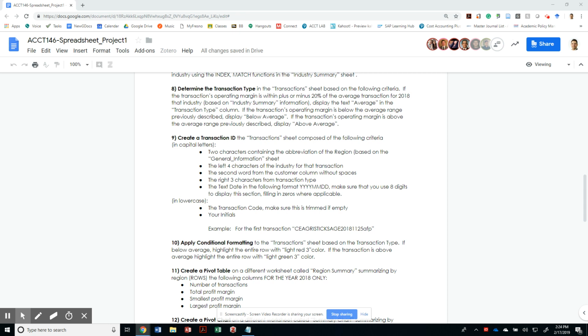All right, guys, so we are on requirement number 9, which is to create a transaction ID based on a bunch of criteria. The criteria is at least 5 elements with some conditions for those elements. Specifically, I want